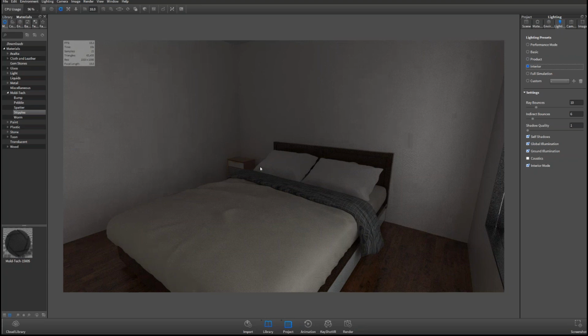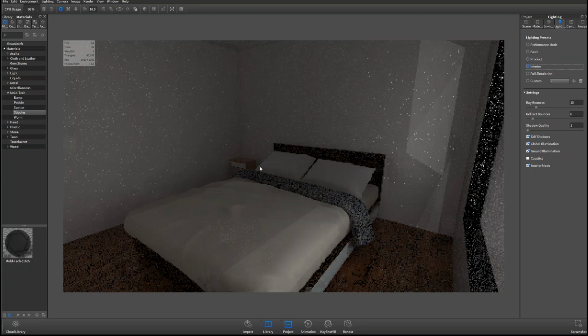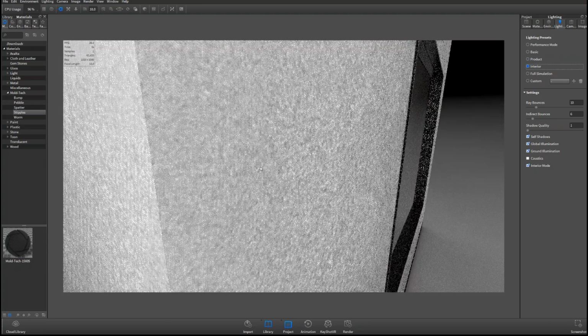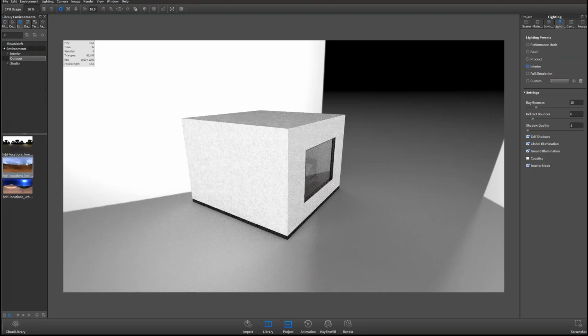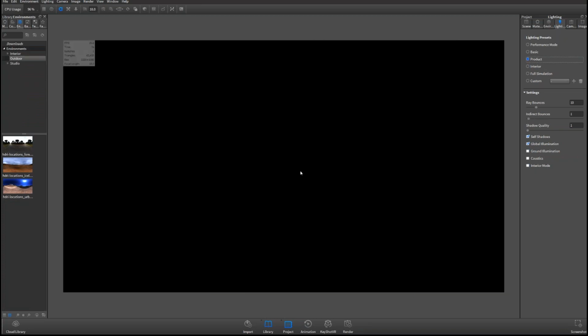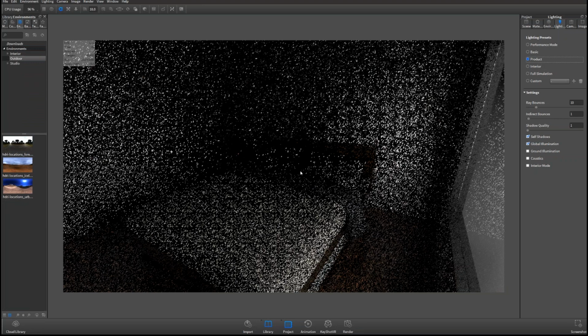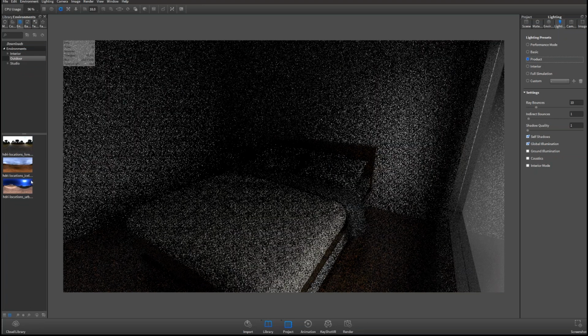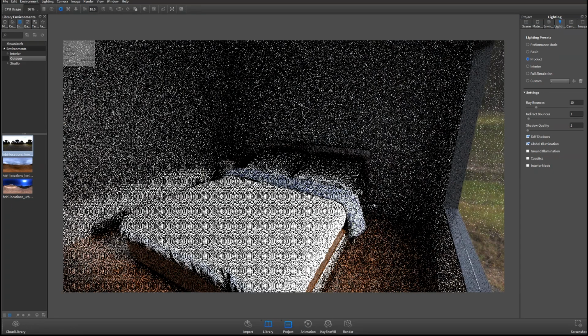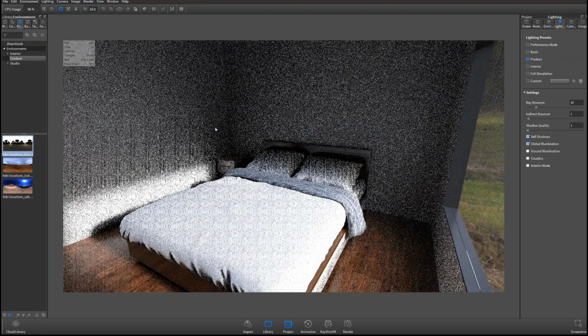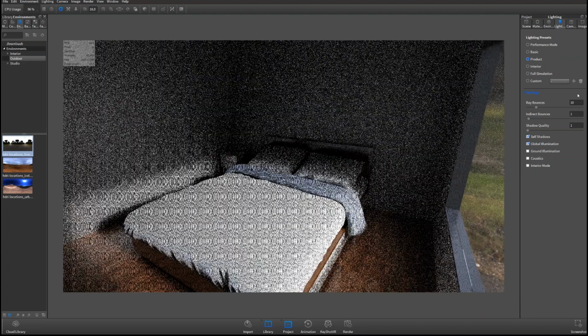Let's make this look a little bit better. I'm going to go to my environments and grab one of our stock environments to see the difference. I'll zoom back in and use this forest environment. It's looking inside my room, and you can see I'm getting more light because I am using an outdoor environment with a lot of brightness to it. But it's still staying pretty grainy. All I need to do is enable our new interior lighting mode.